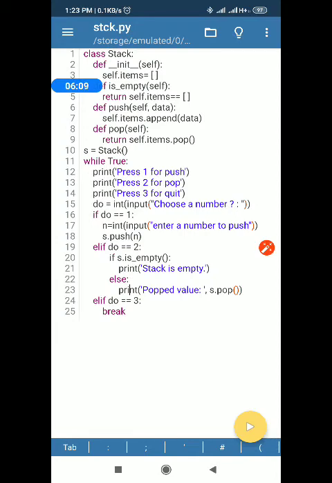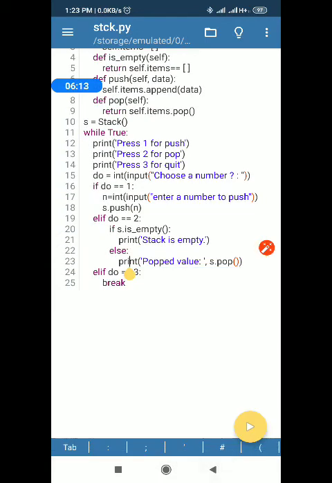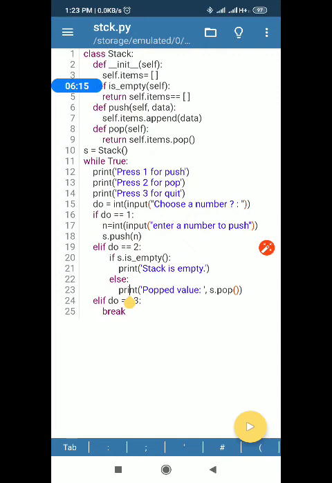Otherwise we'll pop a value from it. Just calling the function, you'll do this. And if the case is 3, in that case you have to break the loop, that's all. So for exiting you have to press 3, and that will call the break statement in return. So you have seen this program. Please run this and show me the output.